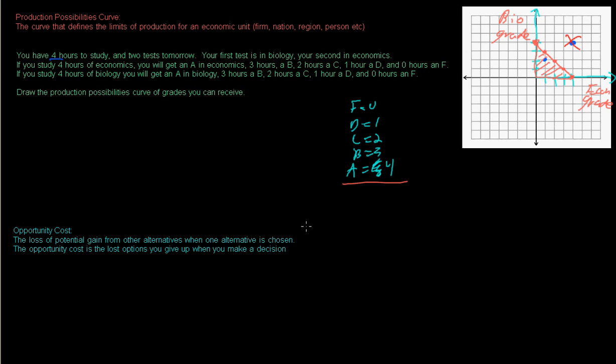So I'm going to go back to this production possibilities curve and talk about the opportunity cost that you are going to have to face when you choose to study one or the other. So let's say that in your head you think that you are going to study 2 hours for each class. You're going to study 2 hours for econ and get a C, and you're going to study 2 hours for bio and get a C also. So we'll call this point A in green. So if you're at point A,